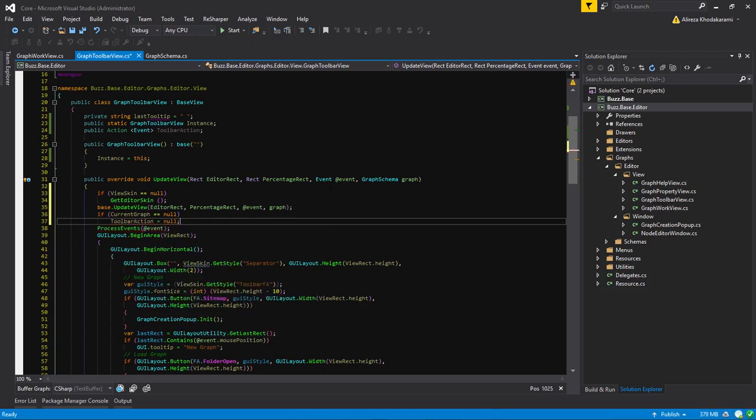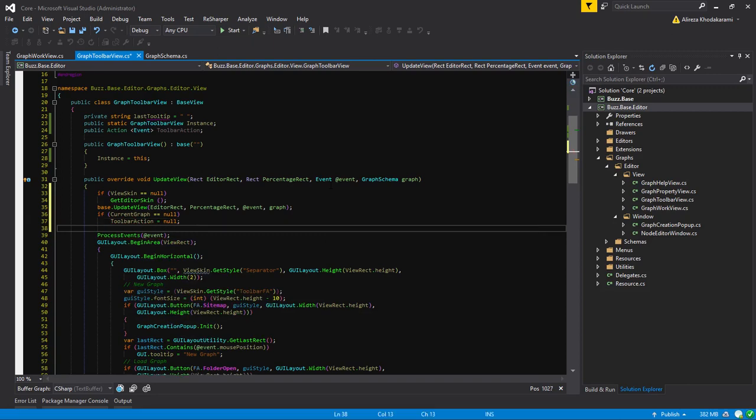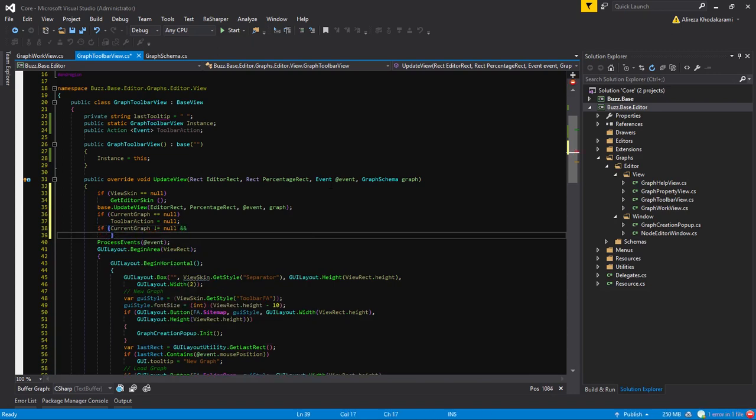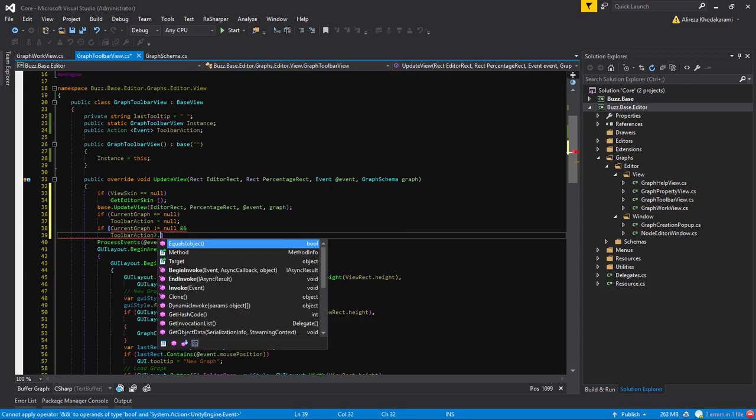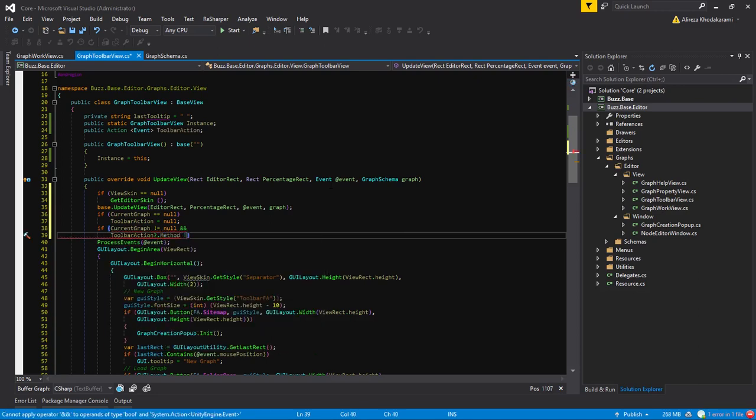Okay? Otherwise, if current graph does not equal null and toolbar action is not null and its method does not equal null, or sorry, equals null,